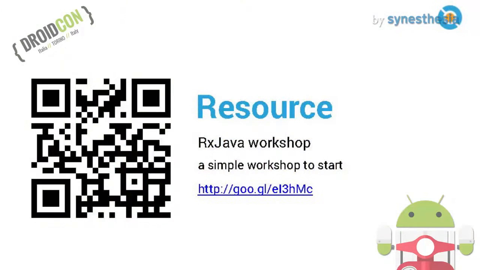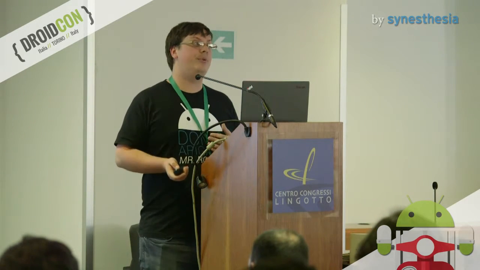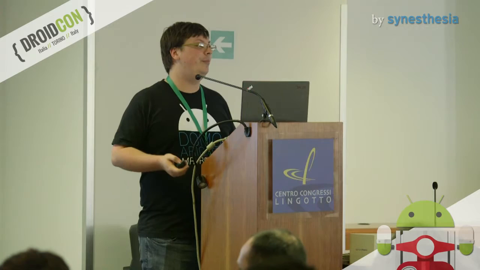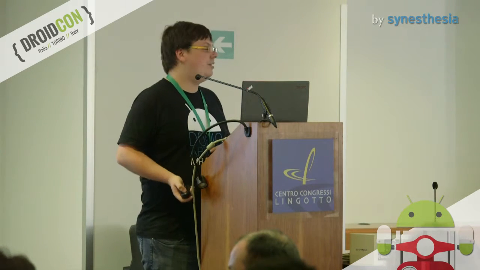I also created a simple pure Java workshop. If you've never done RxJava before, if you've never seen observables or functional programming before, it's an easy way to understand the basic operators and transformations. So the things we've discussed today, map, flatMap, resuming from errors, those are covered in this workshop. It's just a collection of to-dos in a big file with some pre-made operators and observers. And it's just a way for people to quickly play for a bit. In a couple of hours, you can go through it and have a better understanding of how it works.